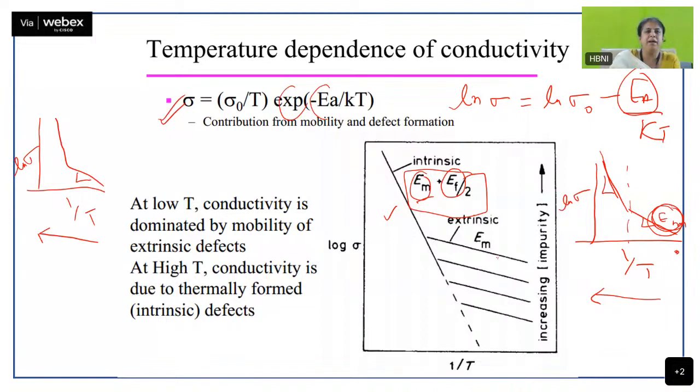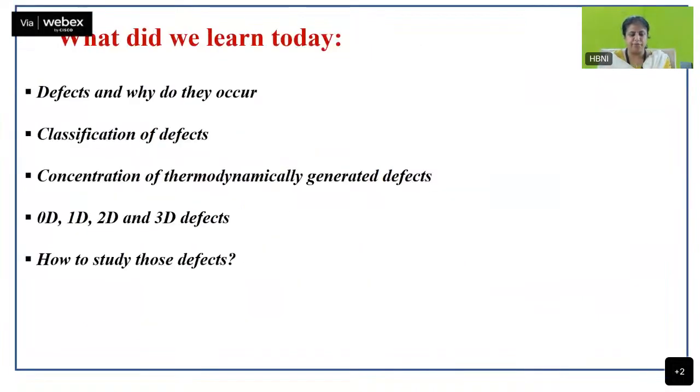This will give me the energy required to make the ions mobile. If I measure the slope here, this will give me the sum of the activation energy required to make my ion mobile and also to create the Schottky defect. From this slope, I can measure EM. I know this slope is a sum of these two, so I can know what EF is. And once I know EF,